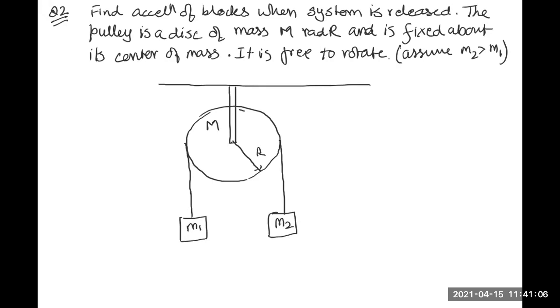Now we come a step closer to reality, and we say that now the pulley has a mass of m. The consequence of coming closer to reality, the consequence of this pulley not being ideal has implications. For example, I'll just change the slide for a minute and I'll come back. For example,